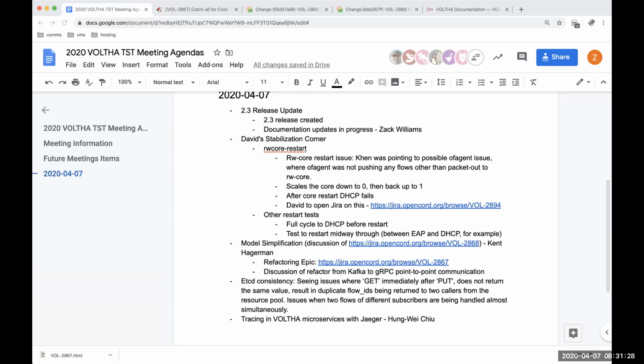What level of consistency is our etcd configured for? Because I thought it was more of an eventual consistency, in which case a get after a put might return different data. I'm pretty sure etcd isn't eventually consistent. It's strong consistency. I thought it had levels. I thought you could configure it differently. You should be able to set different levels.